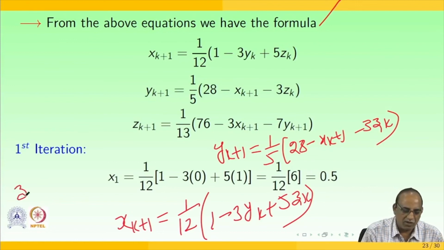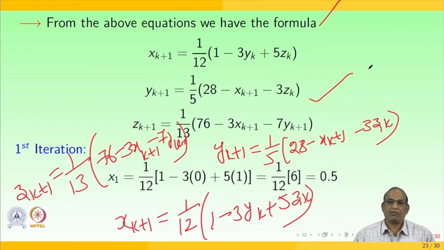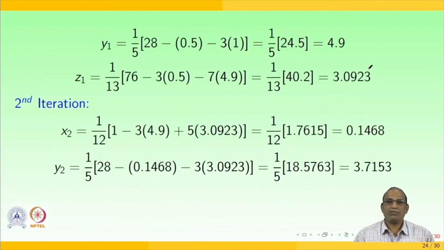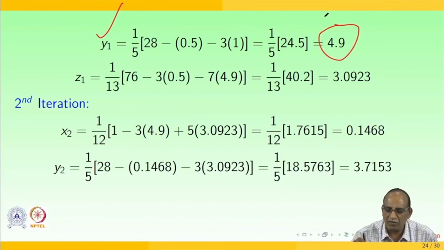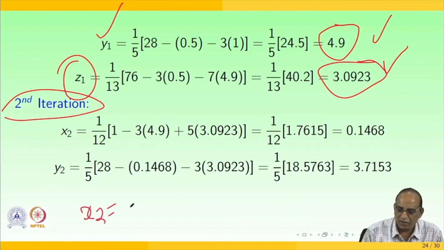And similarly, z of k plus 1 is equal to 1 over 13 times (76 minus 3 x of k plus 1 minus 7 y of k plus 1). So when you simplify this, y1 you do get as 4.9 and z1 you do get as 3.0923. And in the second iteration,